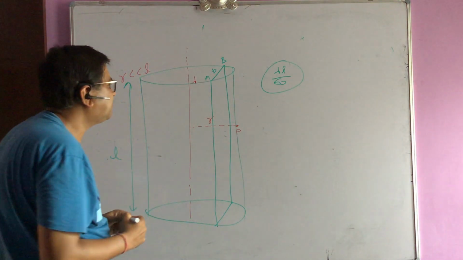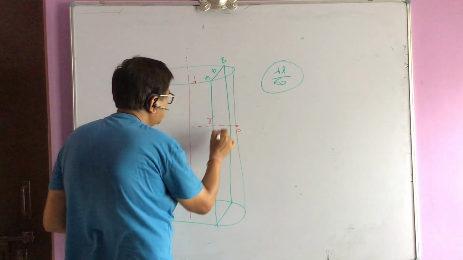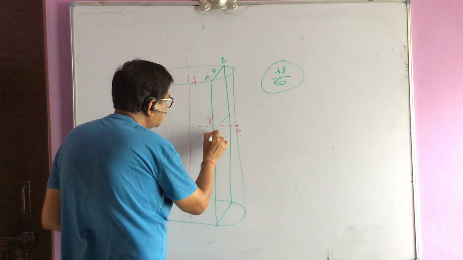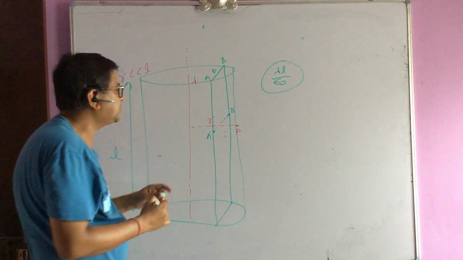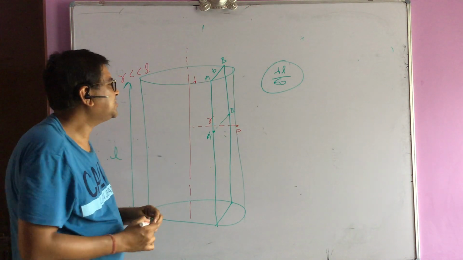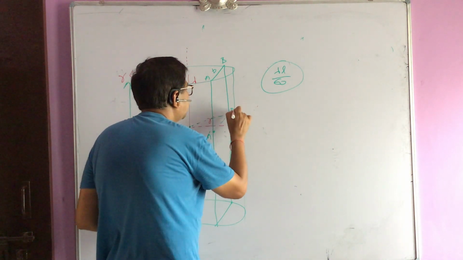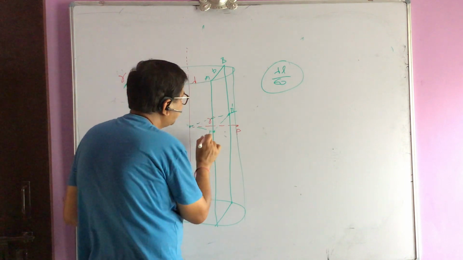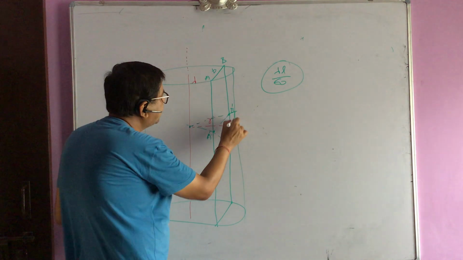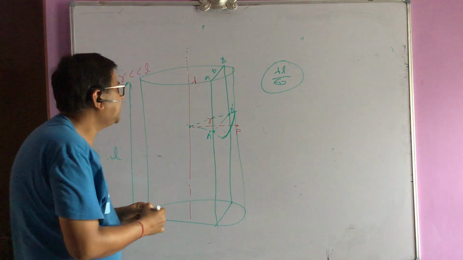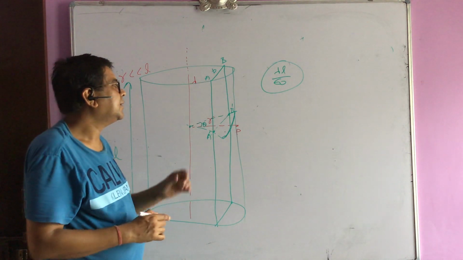So how to calculate the flux through this? I can see here, whatever flux will be passing through between A dash and B dash. Actually, if I take a radius from here to B dash and a radius from here to A dash on the cylinder, it is going to be a curved surface, and it is going to make an angle theta.